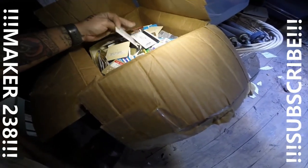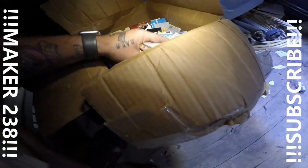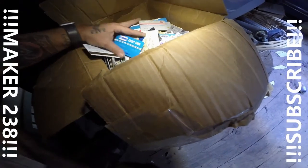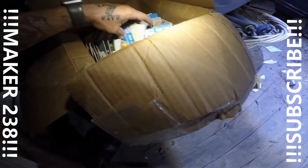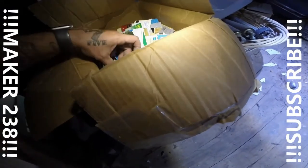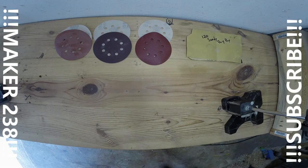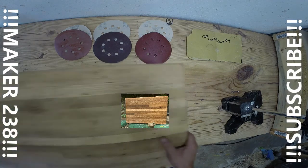I mean, they're all ancient. But if anybody can think of something cool, maybe make a clock and put these around it, like in a fan pattern with some epoxy. I don't know. Epoxy's really expensive. So now that we got you back downstairs,